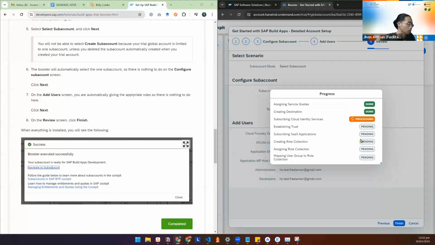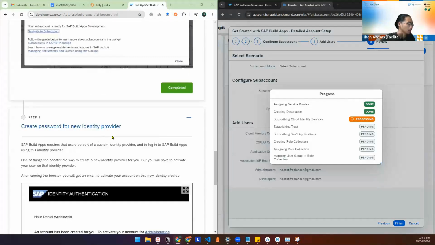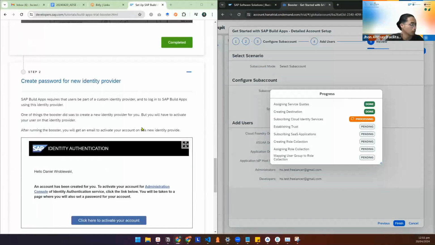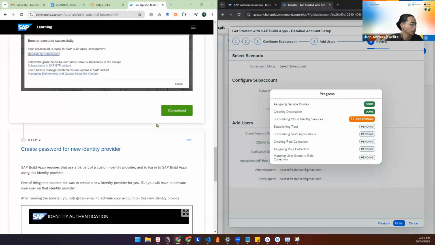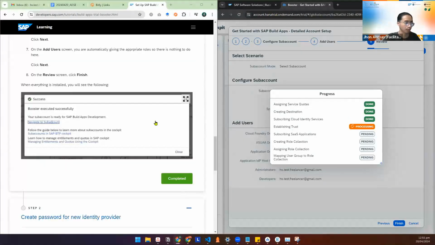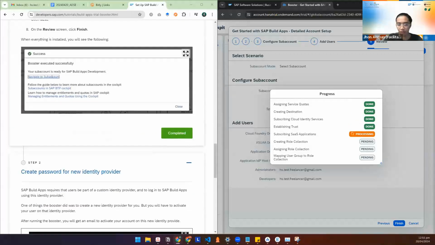So it's going to load again. Okay, so far,